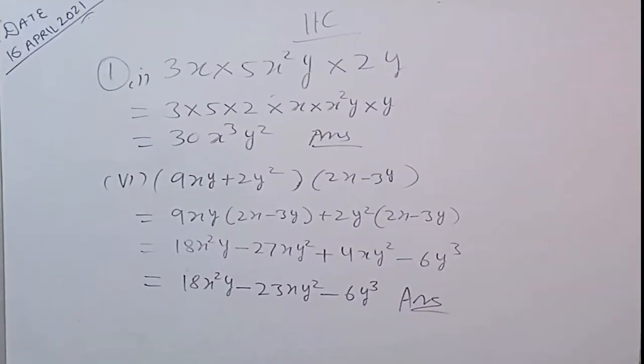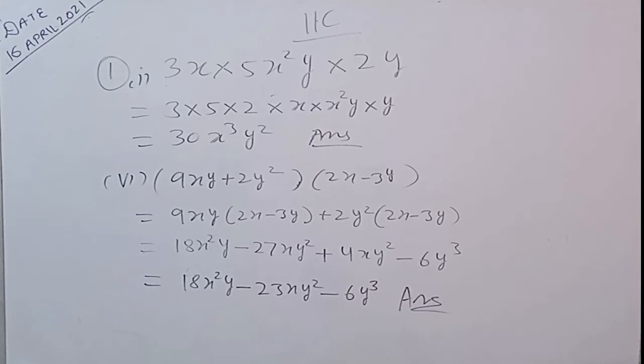Children, I am taking exercise 11C today. Question number 1, in which we have to multiply 3x, 5x square y and 2y. So first write in the multiplication: 3x multiply 5x square y into 2y. First we will collect the constant parts, that is 3, 5, 2, and then the variable parts x, x square, y